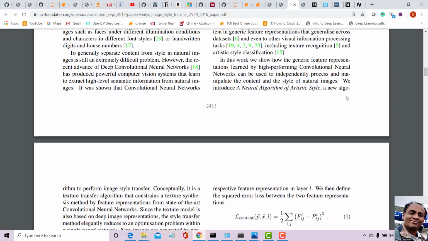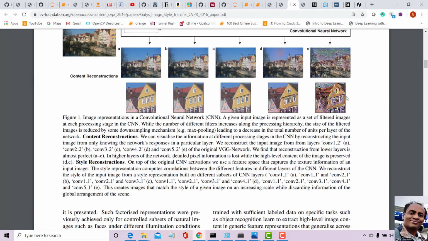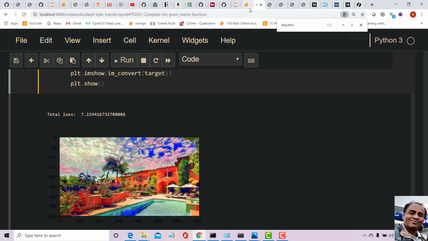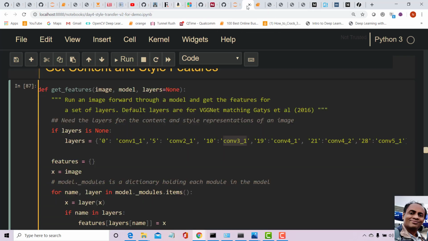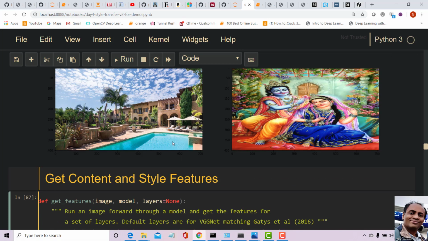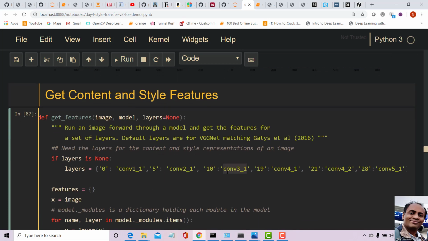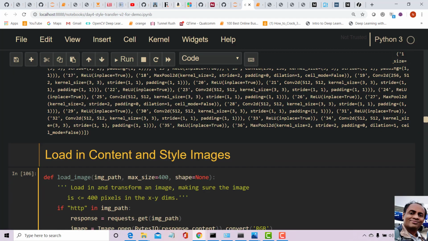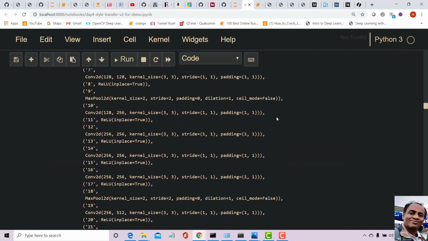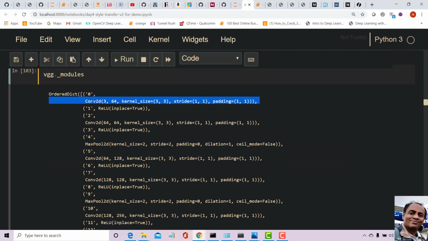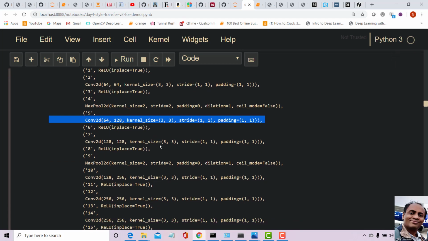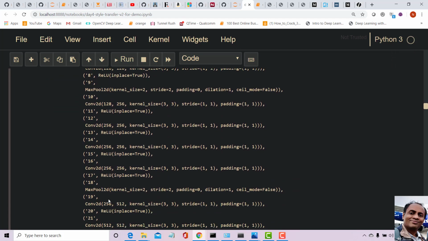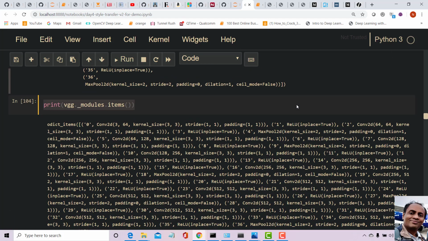One more thing you need to understand, coming back to our program: see, these are the layers, right? 0, 5, 10, 19, 21, 28. We're only going to deal with these layers. Although we have 36 different layers, we are only interested in 0, 5, 19, all the ones that I have listed.